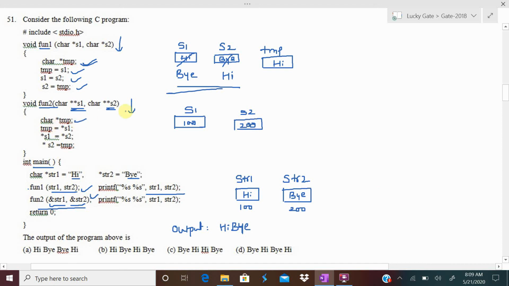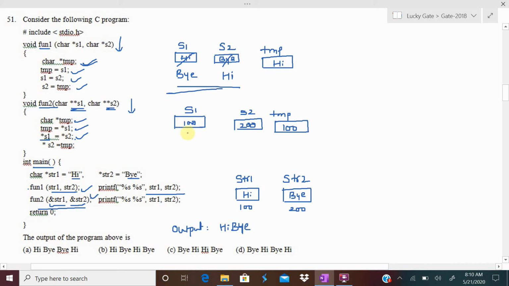It is declaring one temporary variable tmp. This temporary variable is not initialized at declaration. Next, temp equal to s1, so that temp stores the value of s1, that is 100. The next statement is pointer s1 equal to pointer s2, meaning the value at s1 is changing to the value at s2.